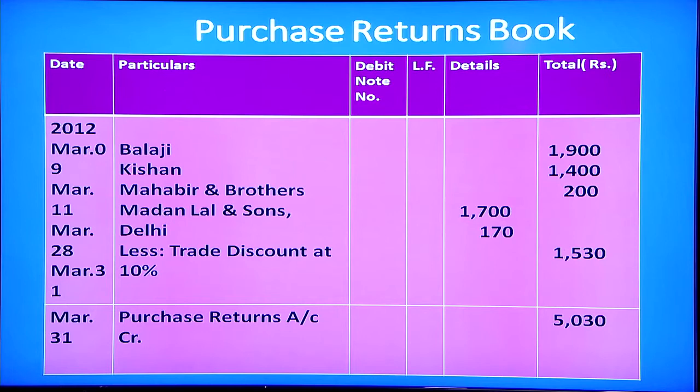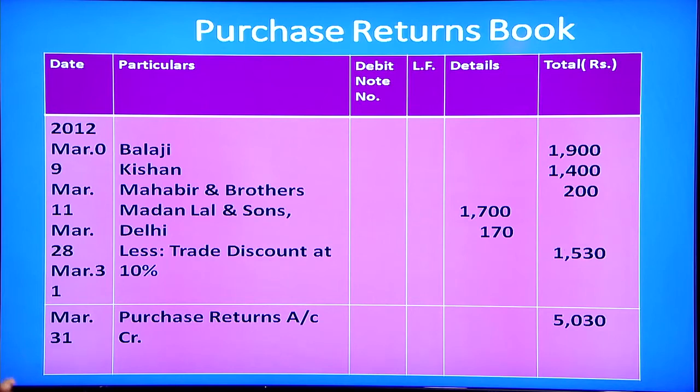So, in the purchases returns book, we will write the name of that particular person, that is Balaji, in the particulars column. And the amount of how much goods are returned will be written in the amount column. And we have returned goods to Kishan on March 11th. The details of the person, that is Kishan, will also come in the particulars column, and the amount in